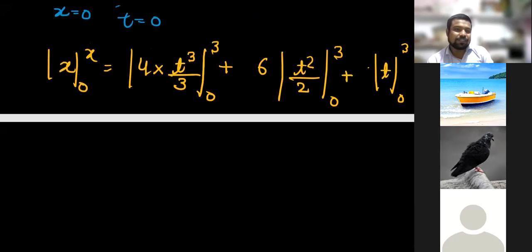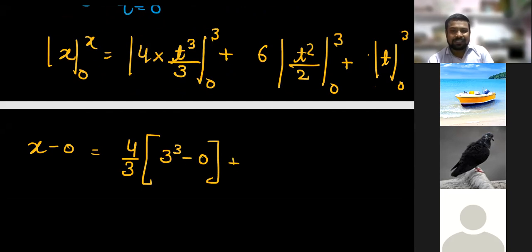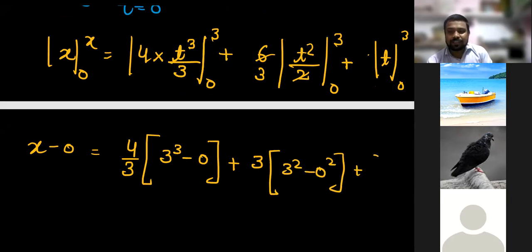Okay, solve this question. This is x minus 0 is equal to 4 into the cube of 3 by 3, into 3 cube minus 0, plus 2 3s are 6, into 3 square minus 0 square, plus 3 minus 0. My dear friends,